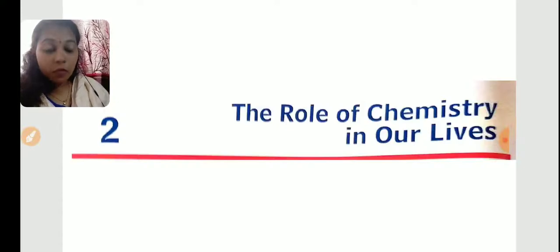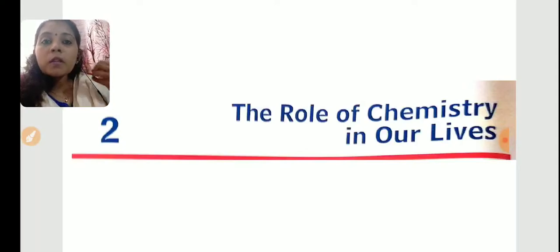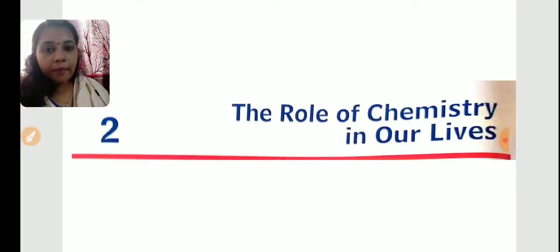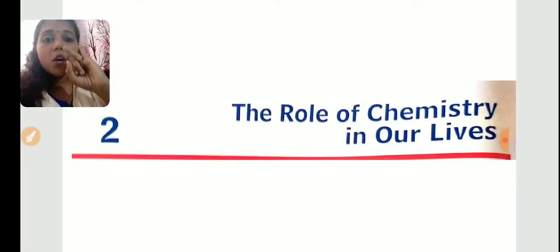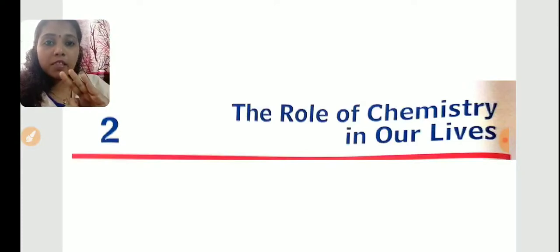What will this pest do? These pests will absorb the nutrients which are needed for our crop, so our crop will not grow. Instead, the pests will grow very fast. So we have to destroy the pests, and the chemicals used for destroying them are known as pesticides. Pesticides are of three types: insecticides, rodenticides, and weedicides.